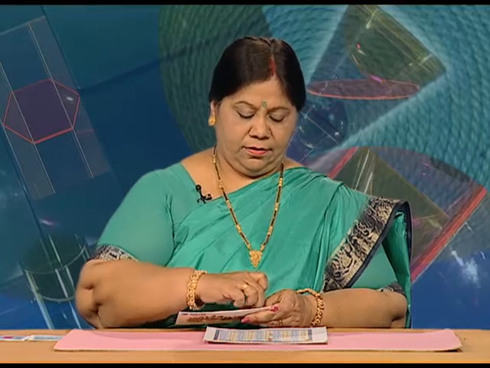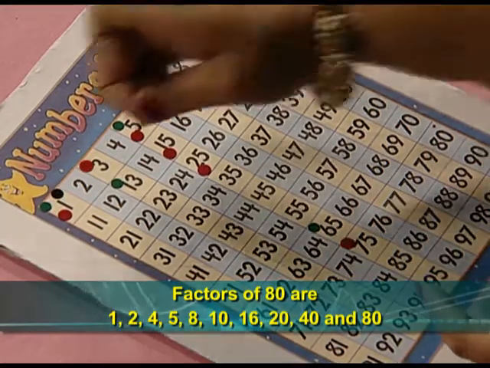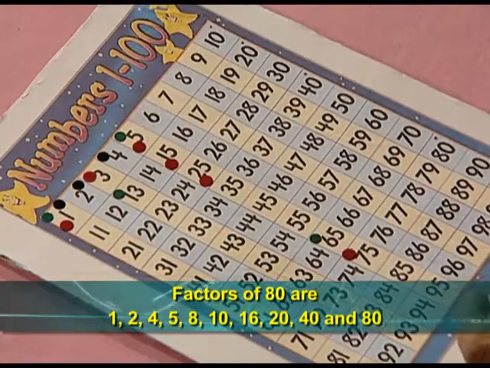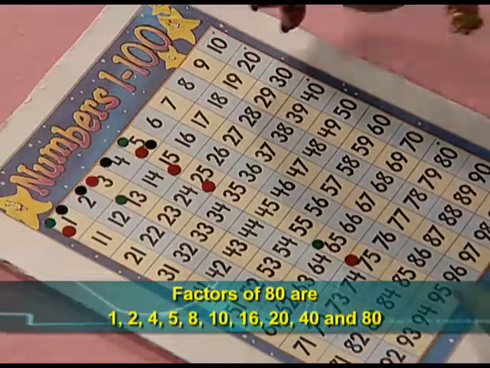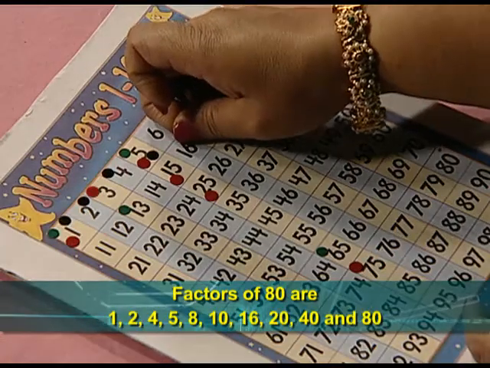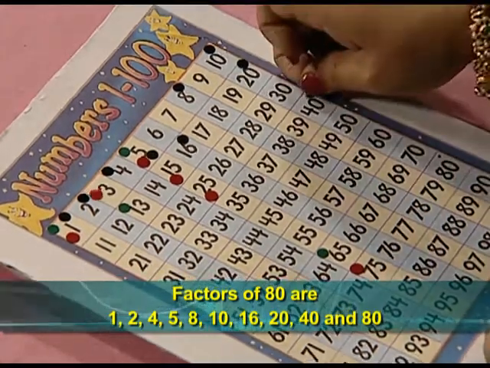Now, our third number was 80. Let us fix these stickers on factors of 80. They are 1, 2, 4, 5, 8, 10, 16, 20, 40